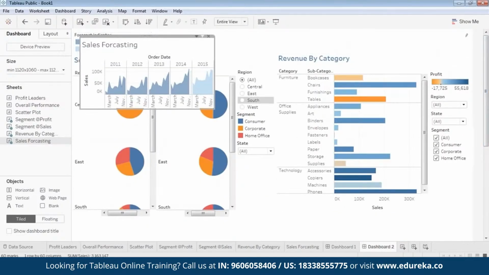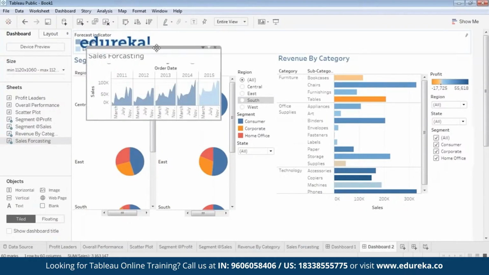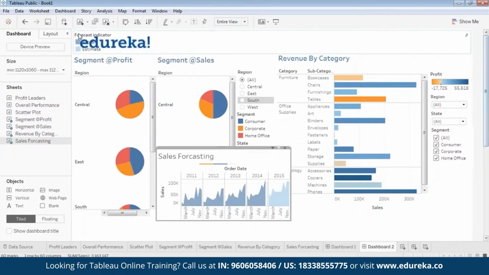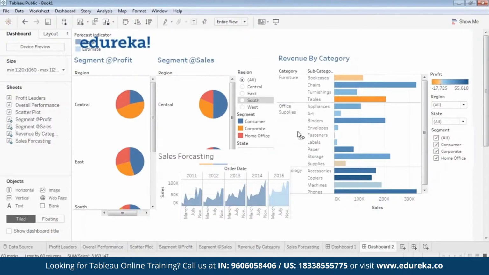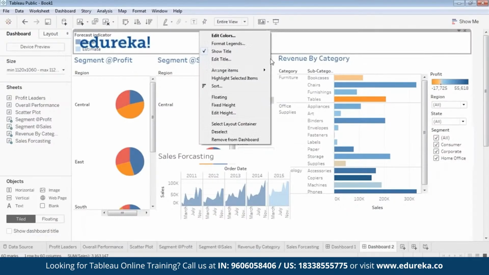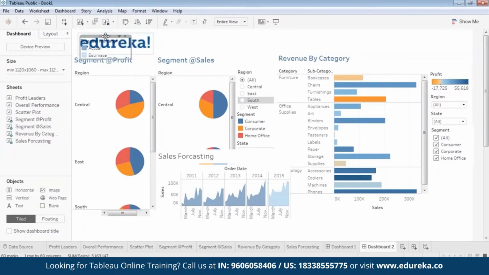I will drag it down. Floating. I want to drag this also down